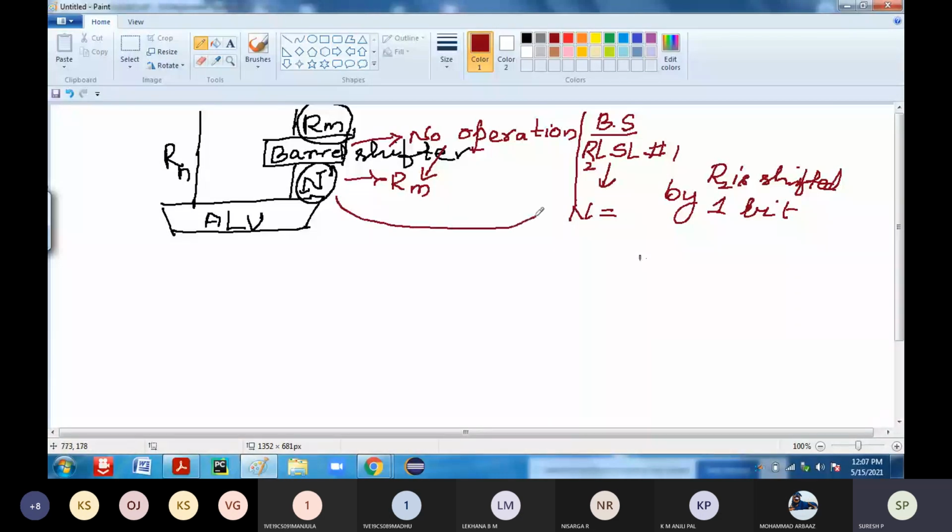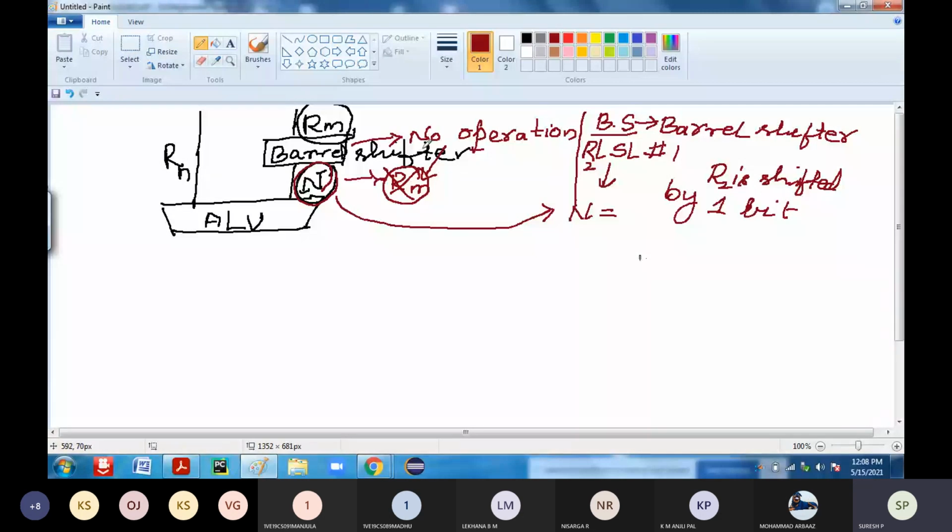So BS is nothing but your barrel shifter operation. That's why in that particular instruction, they call it n. The value coming inside the barrel shifter is the contents of the register, but the value coming out of the barrel shifter is n. So instead of referring to it by register, it is referred to by n only.